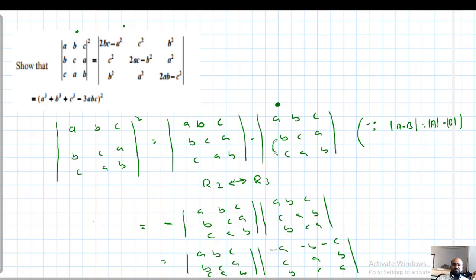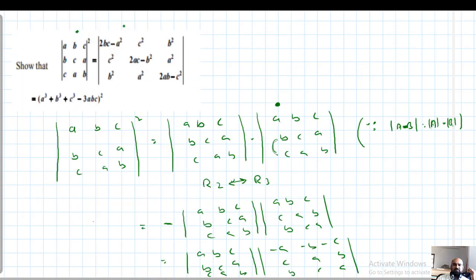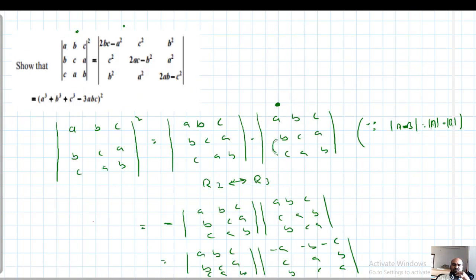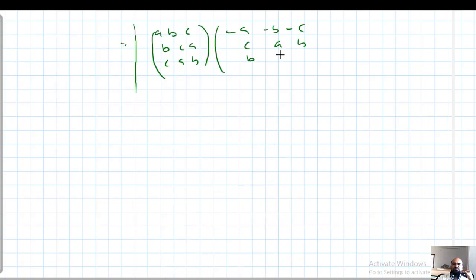Now again I want to use this concept, det A into det B is nothing but det of A into B. So, on the next page I will write, which is the same as det of AB. The matrix A, B, C, B, C, A, and C, A, B into minus A, minus B, minus C, C, A, B, B, C, A. I want to cross check, CAB, BCA. Okay. Yeah, which is the same as,